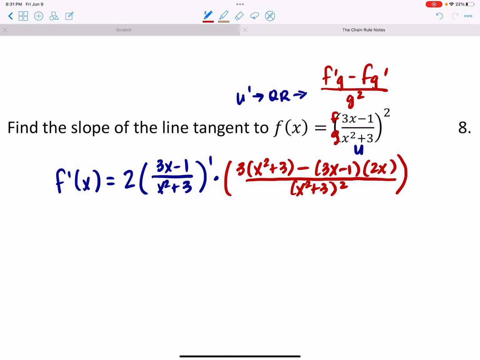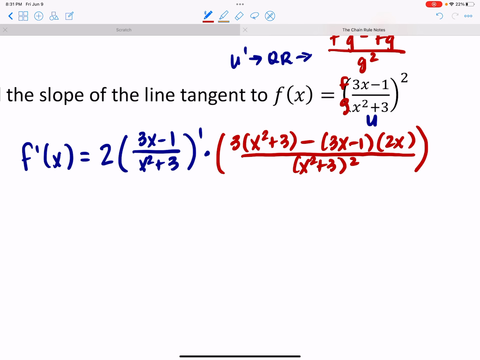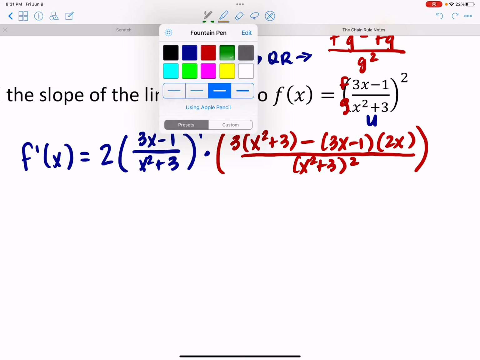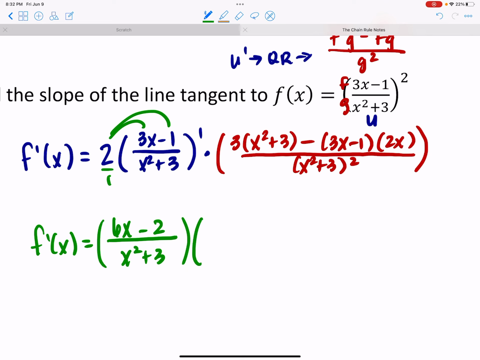Alright, now in reality, if you left it like this, it's not wrong, but I probably would at least simplify this and probably multiply here as well, because that's easy enough to do. So let's say f prime of x is equal to, again, I'm going to go ahead and do this. Remember, that's 2 over 1. So I'm going to make that 6x minus 2 over x squared plus 3, and that is being multiplied by 3x squared plus 9,